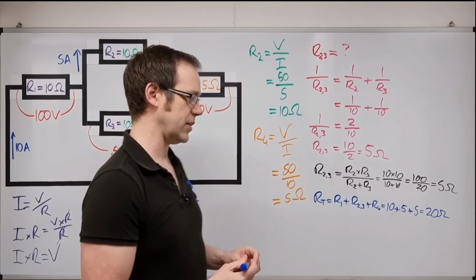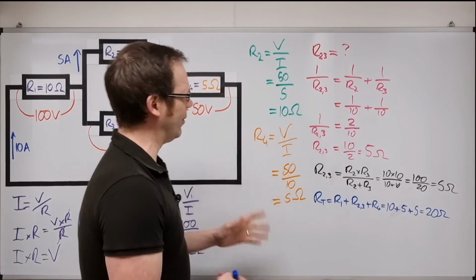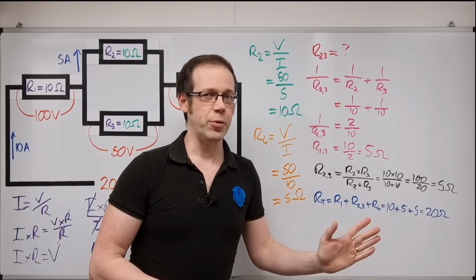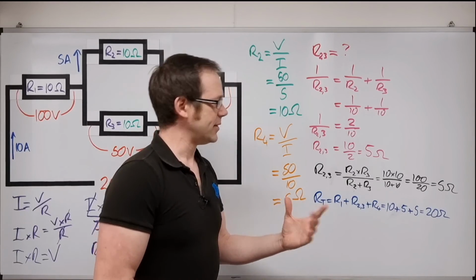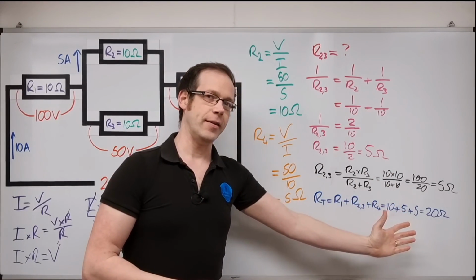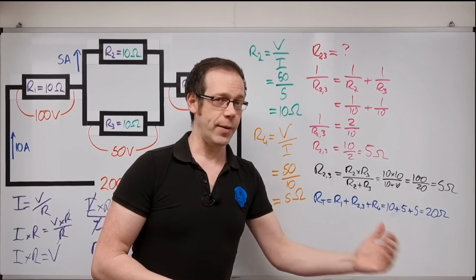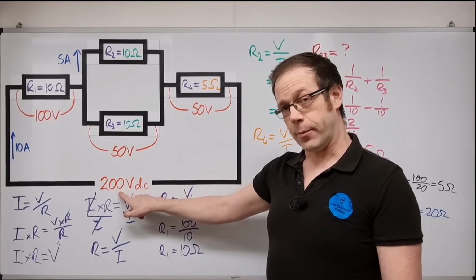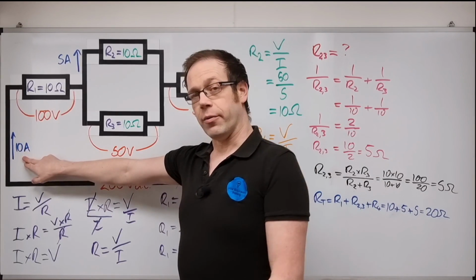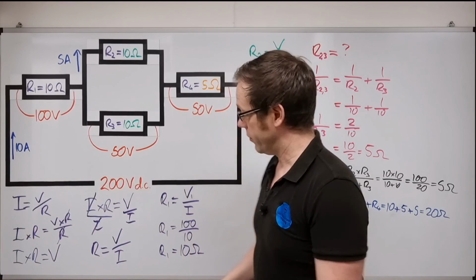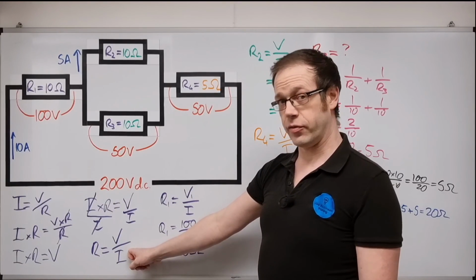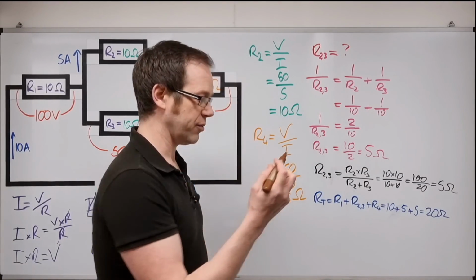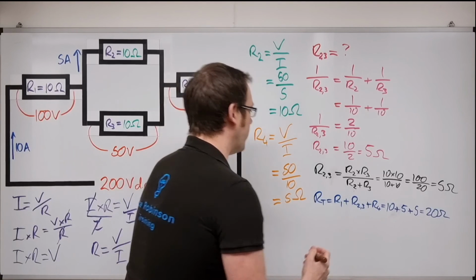So the total resistance of this circuit is 20 ohms, and we've been through a ridiculously unnecessary complicated method to find that. There's a really, really simple way that we could have done this, and actually I suspect the teacher wanted this more complicated method doing and then checking with the simpler method. What's the simpler method? Well, right from the start of the question, we knew what the voltage being applied to the circuit was, and we also knew how much current was flowing into the circuit. Therefore, we could have just used our rearranged resistance formula, rearranged Ohm's law, and all we had to do, I'm going to finish off in brown because it's the last colour on the board now,